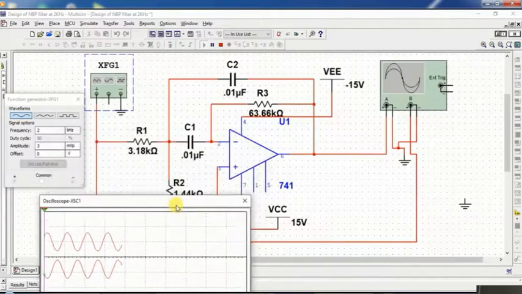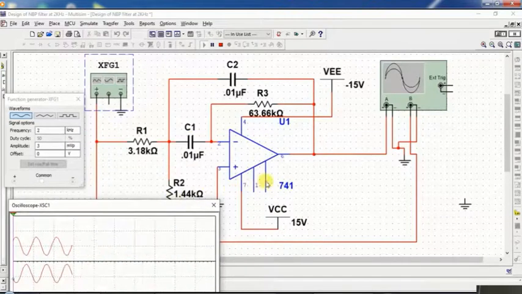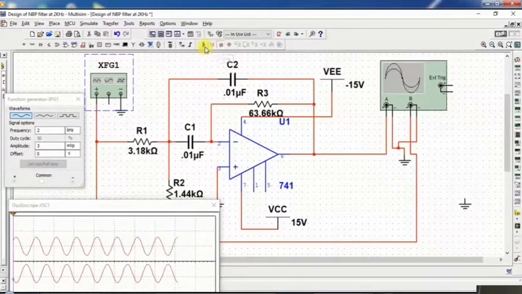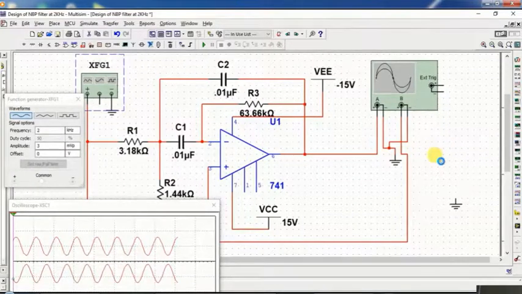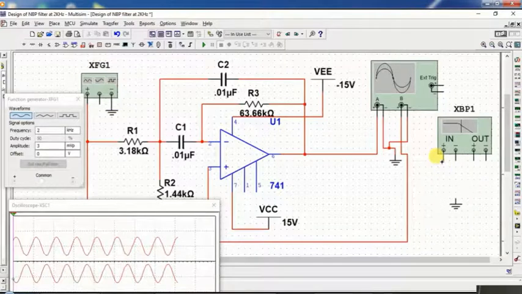Now here if you want to check the frequency response curve of the narrowband pass filter, then you can select the Bode plotter. As you can see over here, you can select it like this and connect the input and output terminals of the Bode plotter to the input of the function generator, as you can see over here, and the output at the CRO.